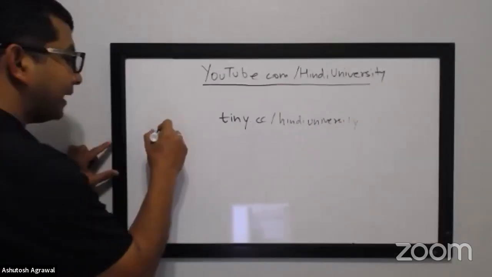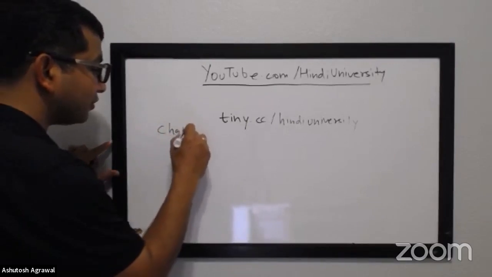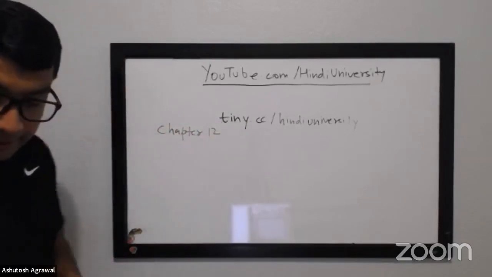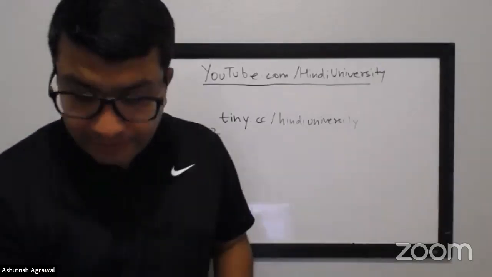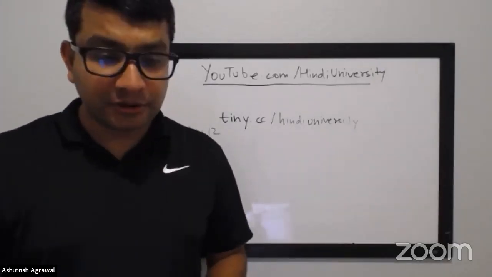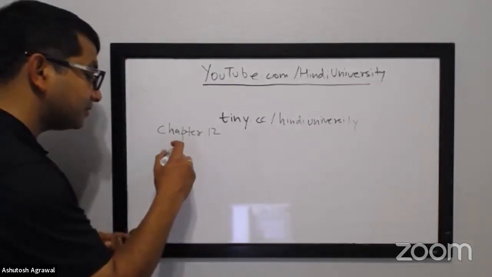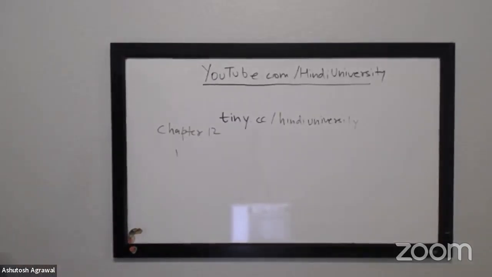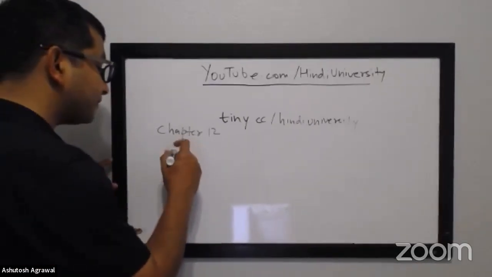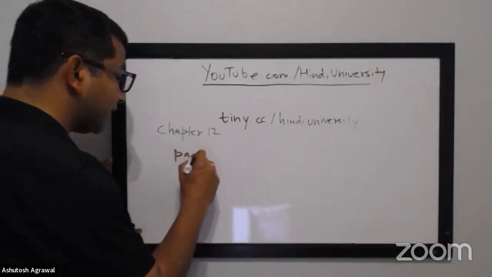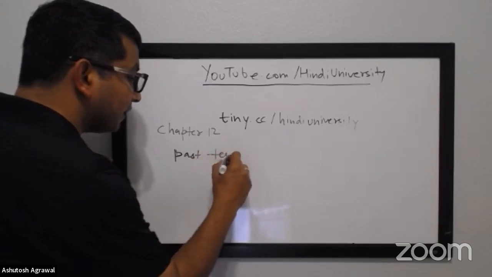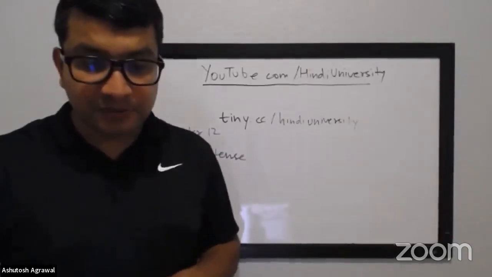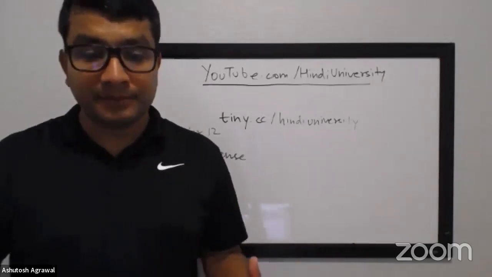We've been focusing right now on chapter 12 of Richard Delacy's book. We spent the past few weeks talking about past tense, and a good amount of time on the types of sentences. We covered habitual past tense, and then some of the intransitive verbs as well. So this class will continue the same topic.